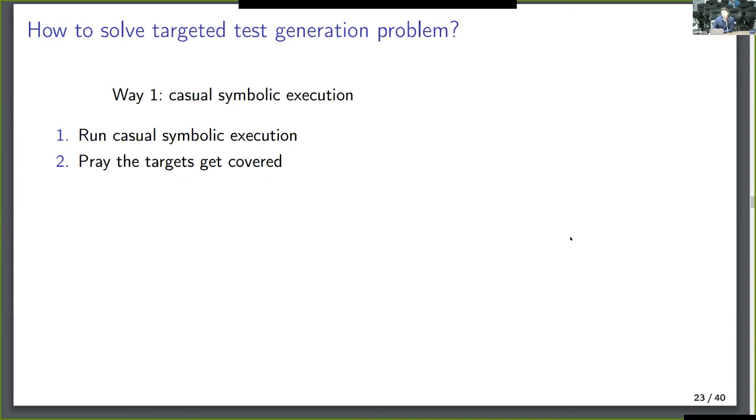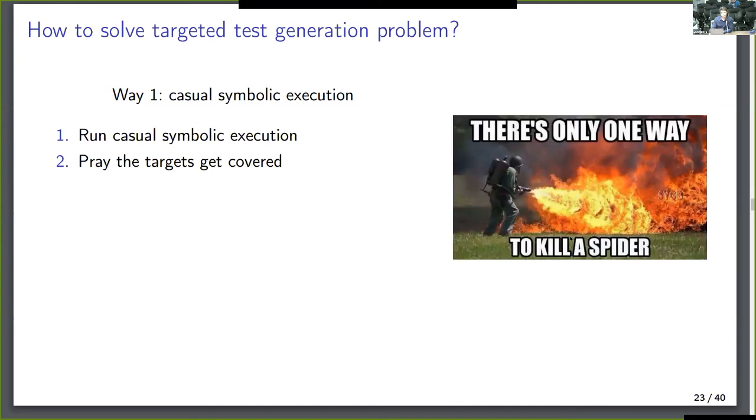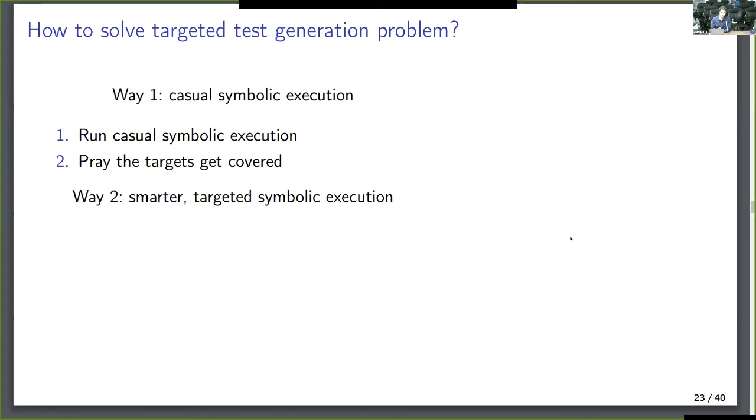Well, there are two ways. One way is just to use casual symbolic execution. We just run the symbolic virtual machine and we pray that our targets get covered. But of course, this approach is a little bit too much. This is like taking a fuzzer and praying that it guesses the right input. And there is a second, smarter approach, where we develop some